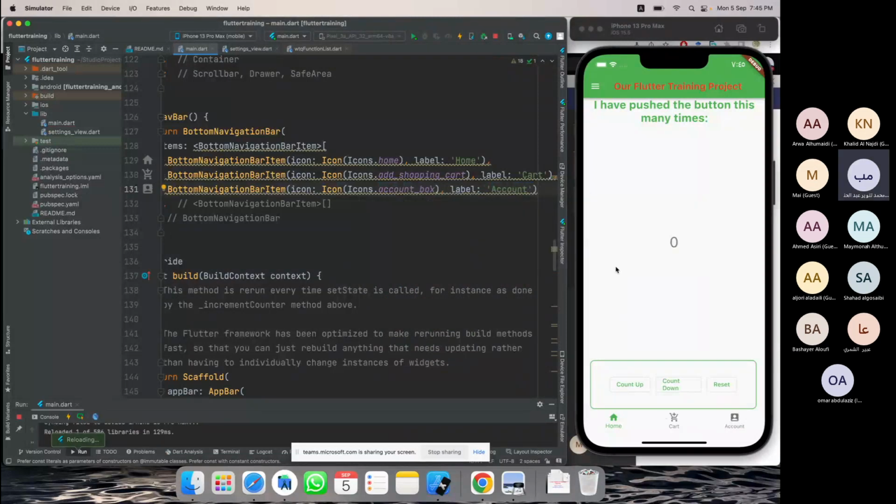Okay. So it looks like a business app. So we have home, your cart, account. You can add more. 4 is common. 3, 4, 5, up to 5 is okay. Because if you add more,